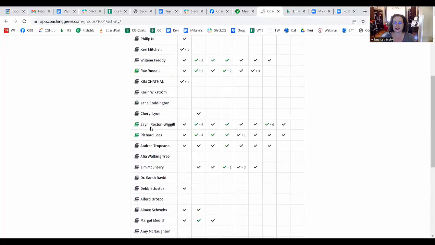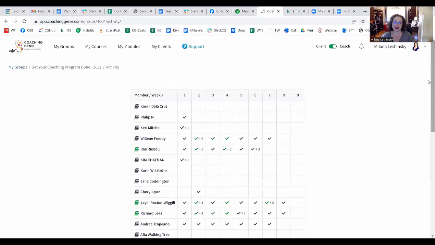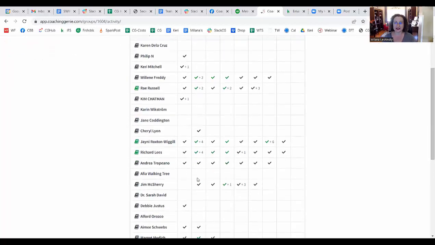So I can see as a coach that these are like the most active clients, but so can everybody else in the group. And it helps them, kind of kicks their butt to do more, to do better, to take more massive action. This is a group coaching tool that allows people to really feel good about progressing and taking action. Some people just really need to see that they've completed something, like that check mark.